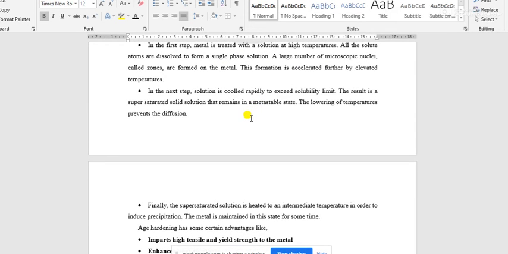Okay. And as the temperature decreases rapidly, obviously as the temperature decreases, the solubility also decreases. And as the result of this cooling, the solubility limit of that solution at the lower temperature will be very low, and in that case this supersaturated solid solution wants to